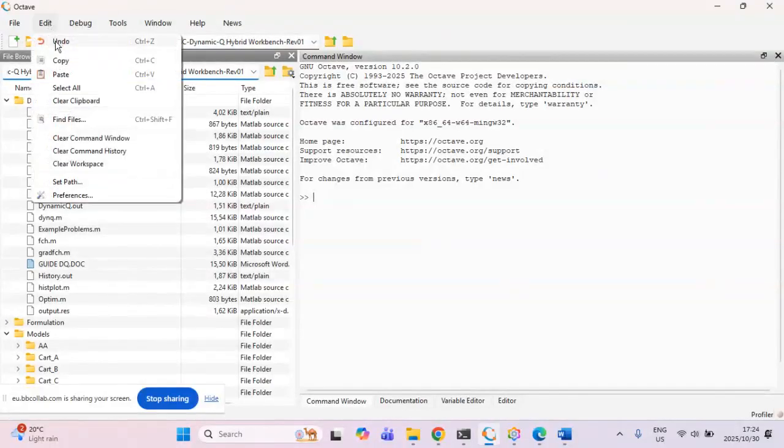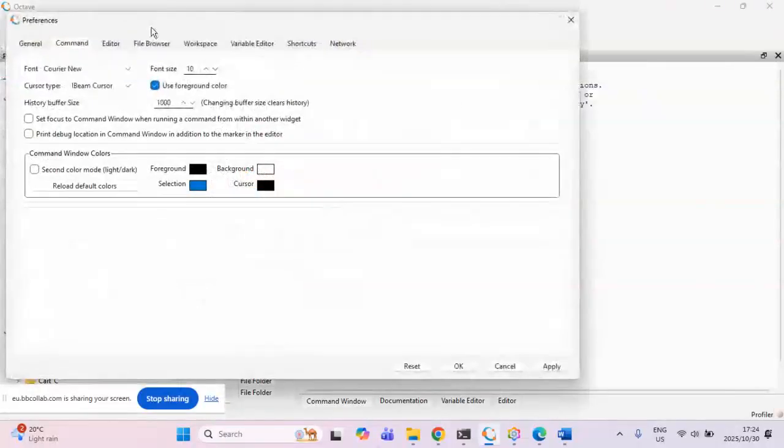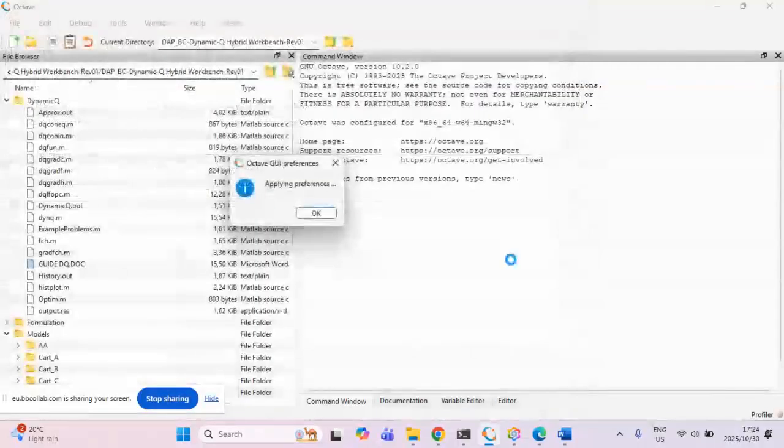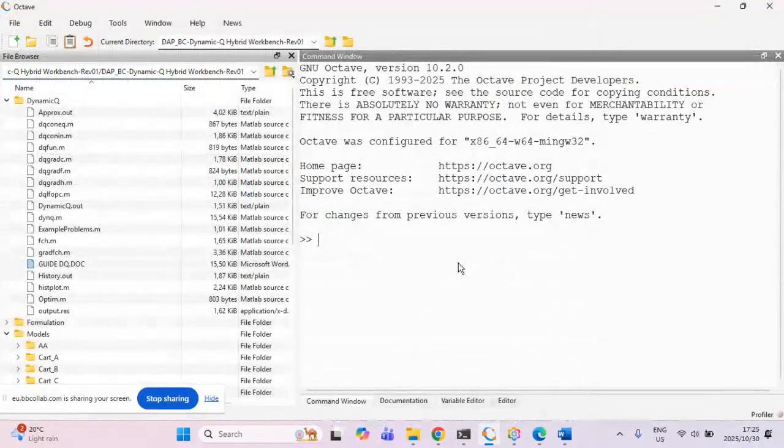So to do this, I can go to edit. I just want to first update the font size over here, so let's perhaps do 14 just to make it a bit bigger. Okay, so if I calculate that, the move limit should be equal to the square root of the number of design variables that I have, so that is 2, multiplied by the maximum variable range. My variable range is 10 to 50 Newton meters, so 50 minus 10. And if I hit enter, I get a move limit of